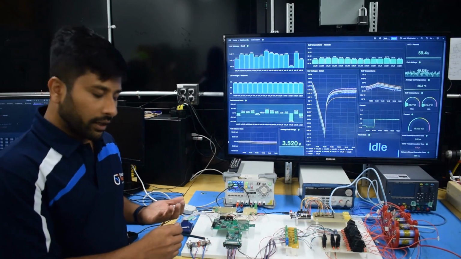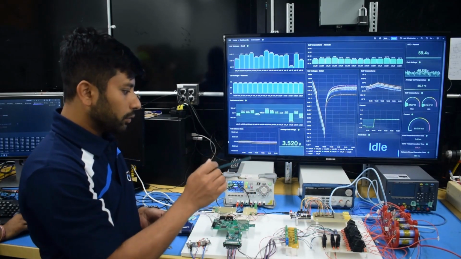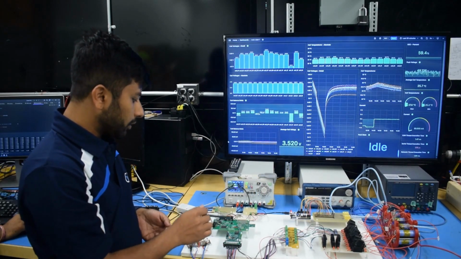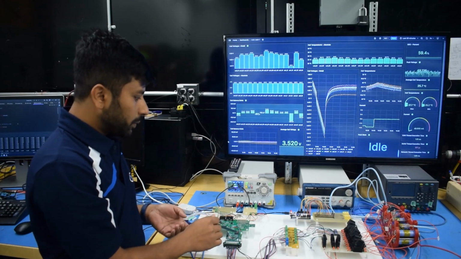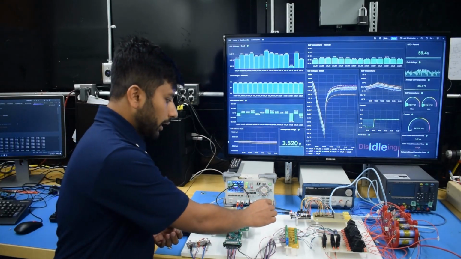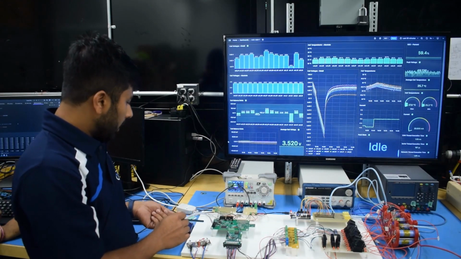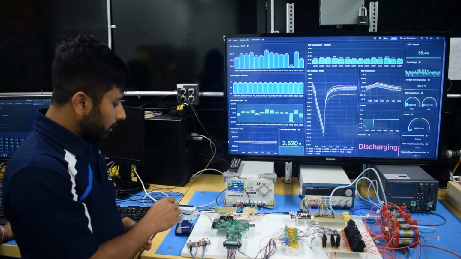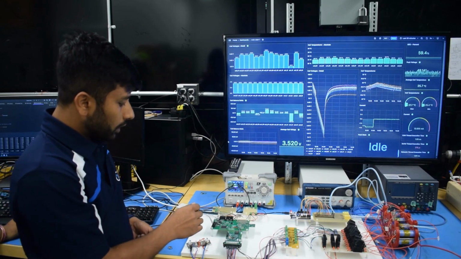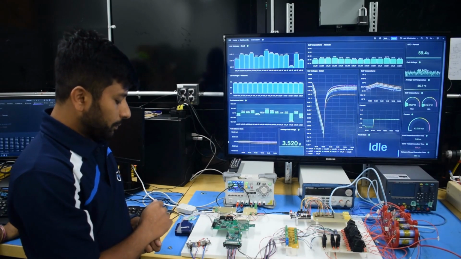So it has CAN enabled. The module data, including voltage, current and temperature, we are getting through this NXP BMS, and specifically for temperature we are using an STM board that is going through the CAN bus. This is the MULTILINK universal programmer that we are using to program the NXP BMS, and all the